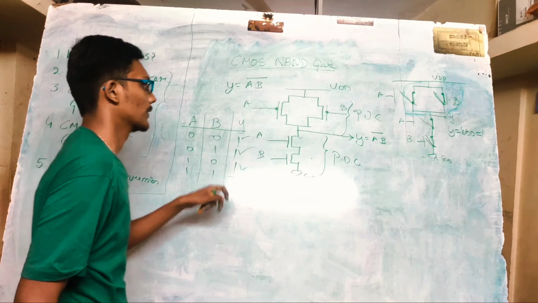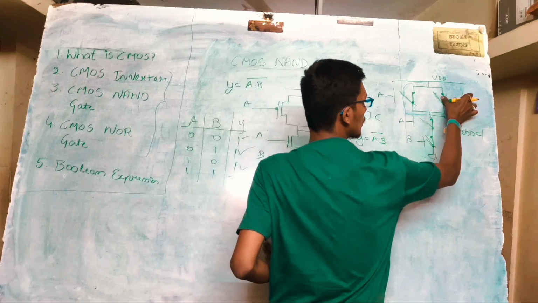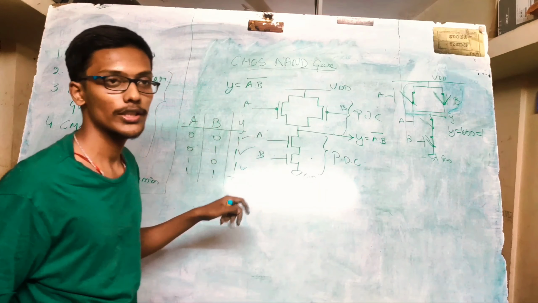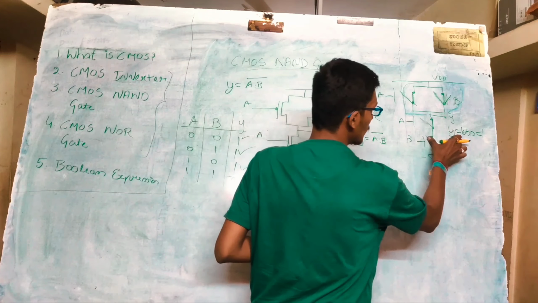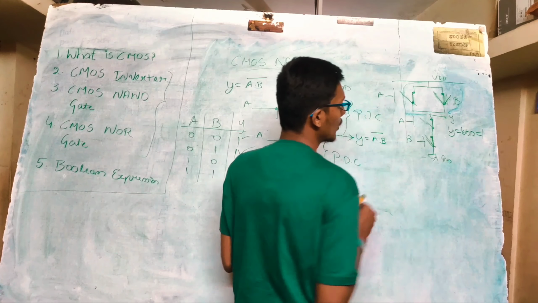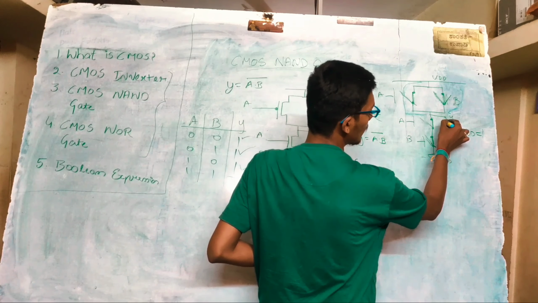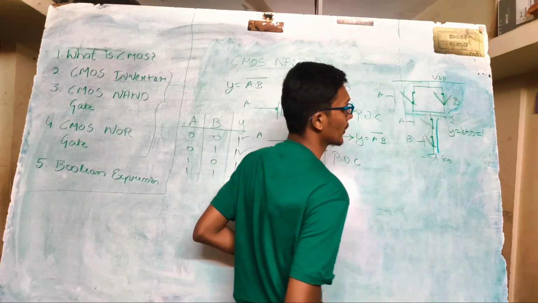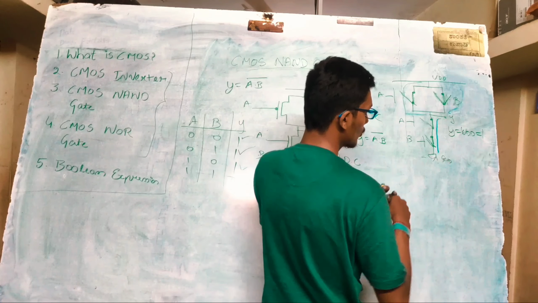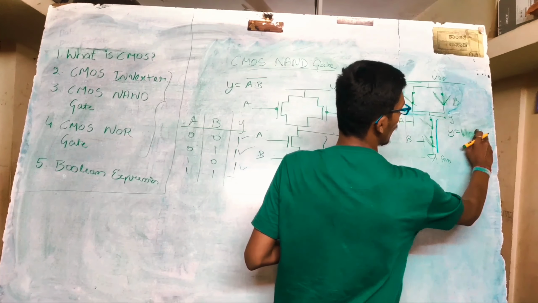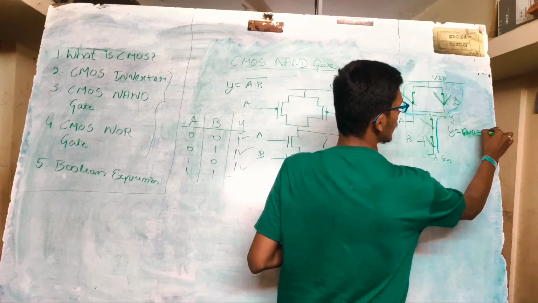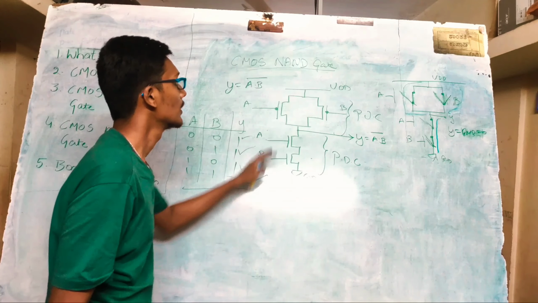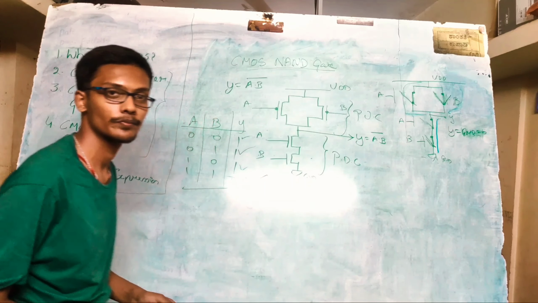So this part of the truth table is also verified. So at last, 1 1. Both PMOSes will be open circuit because PMOS only works at 0, right? So both NMOSes will be short circuited because of 1. So here we at last have a path established between ground and Y, and there is no path to VDD because both PMOSes are open circuited. Fine. So Y is equal to ground, that is equal to 0. So the last part of the truth table is also verified. So like this, a CMOS NAND gate works.